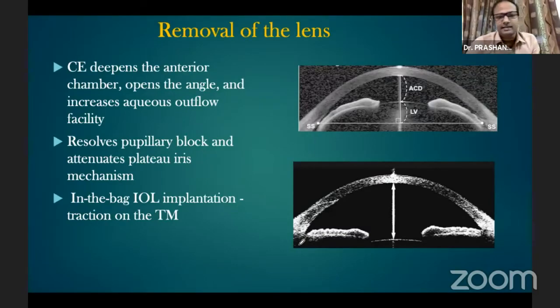So removing the lens can deepen the volume of the anterior chamber, or depth. As we can see in the OCT picture, if you remove the lens, a 4 millimeter thick cataractous lens gets replaced with a 1 millimeter thick acrylic lens, so a large amount of volume is formed. Apart from that, it also resolves the pupillary block,